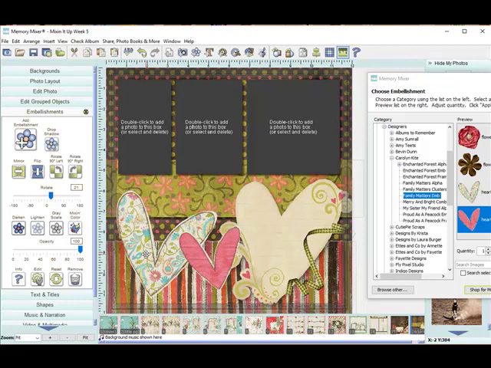So you can see how easy it is to take embellishments from other collections and mix and match and create your own creation, as well as rearranging, resizing, adding to Quick Mix page. So you can see those are quick and easy